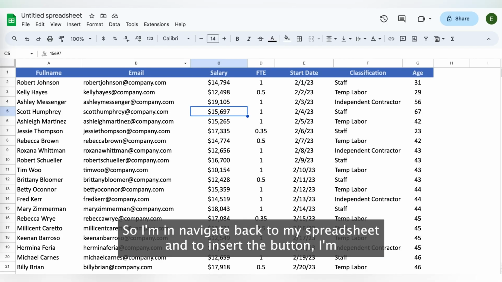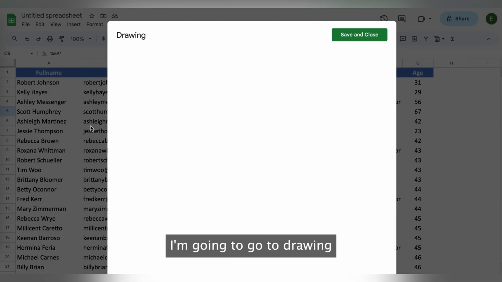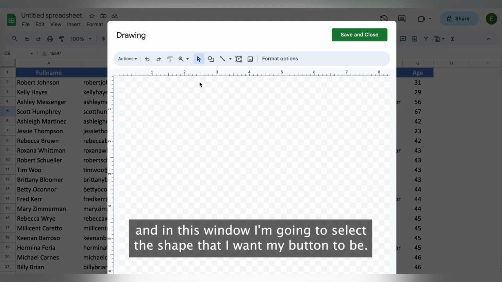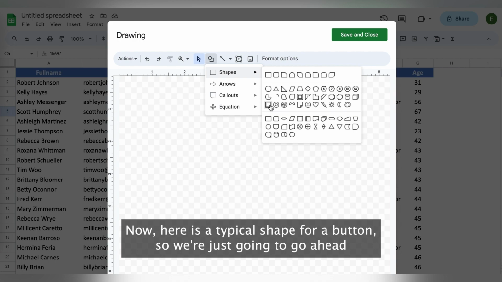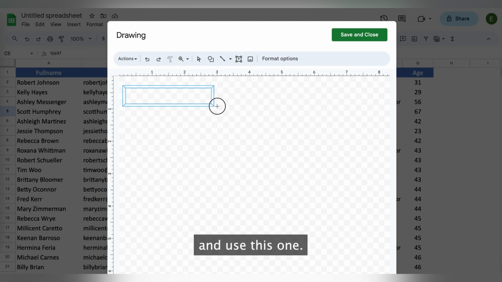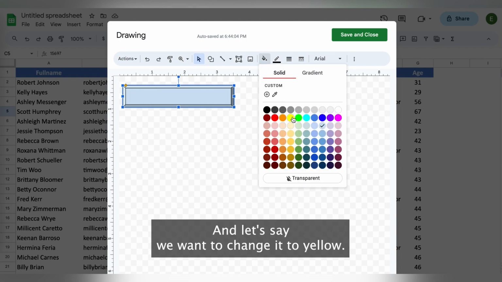So I'm going to navigate back to my spreadsheet, and to insert the button, I'm going to go to the insert menu. I'm going to go to drawing, and in this window, I'm going to select the shape that I want my button to be. Now here is a typical shape for a button, so we're just going to go ahead and use this one. I'll go ahead and use my mouse to draw that button, and let's say we want to change it to